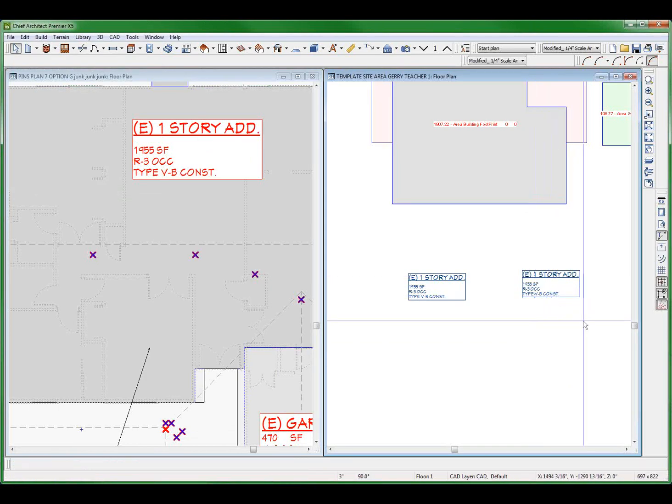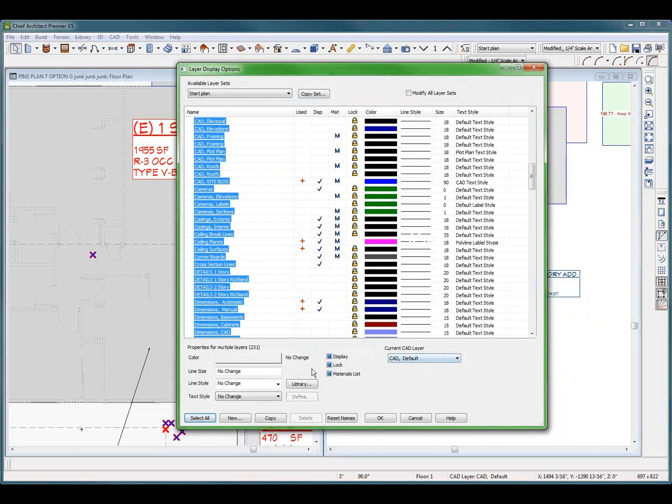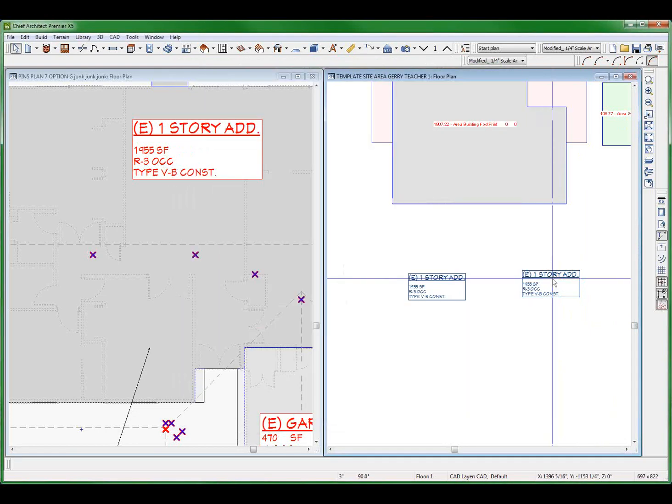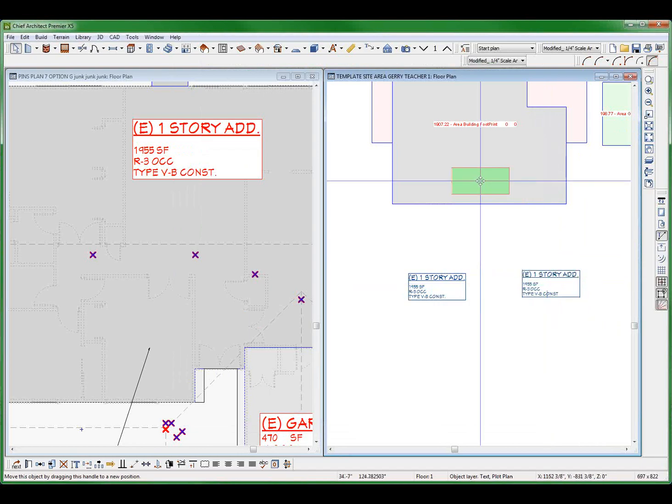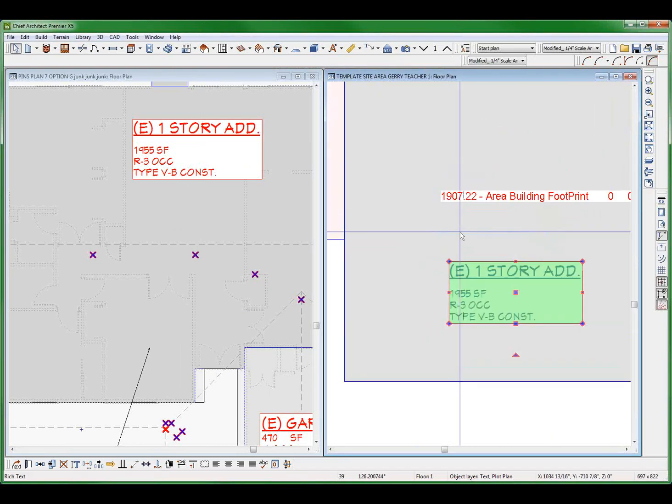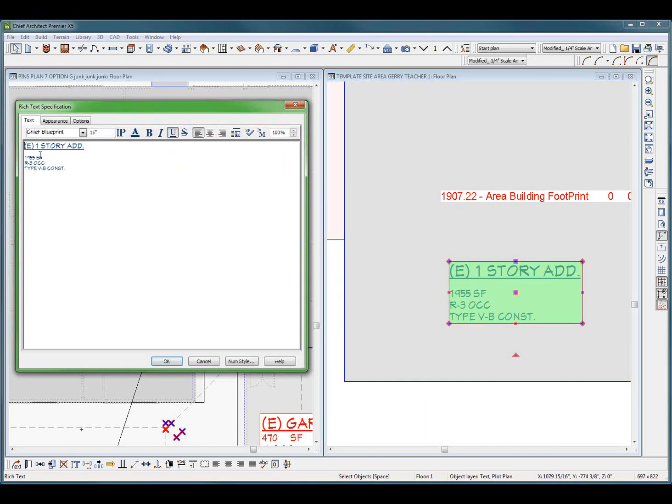Here's my, select all, unlock. This is my existing one-story addition, or whatever it is. And so I want that 1907 to go into here. So I'm going to select this U, come up over here, and take this out, delete, and go to